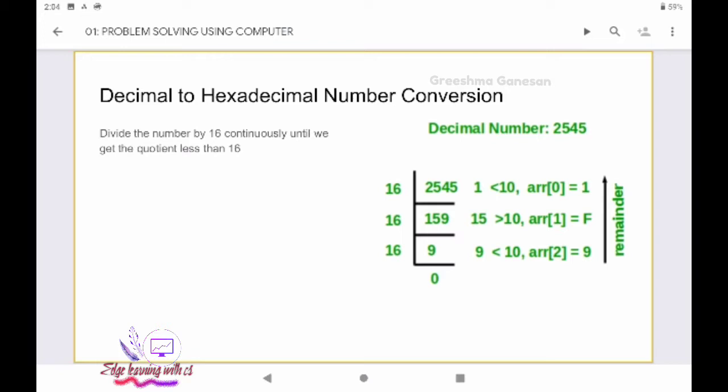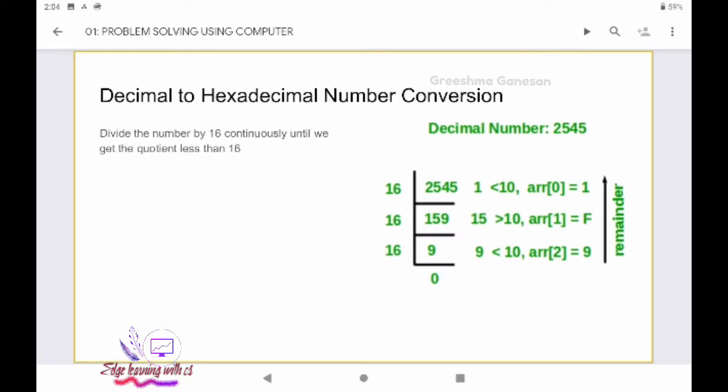144. Then what will be the remainder? It will be 15. So simply you can look at the answer or the remainder parts. 9 is there and you know that 9 is less than 16. And also 15 is there which is less than 16. Then the last remainder is 1 which is again less than 16.